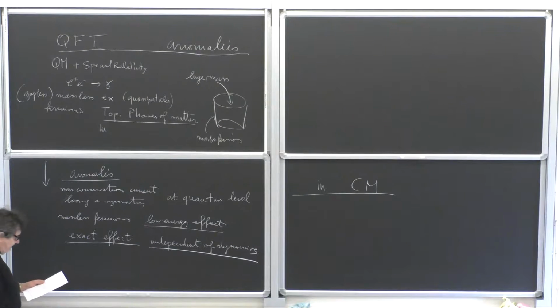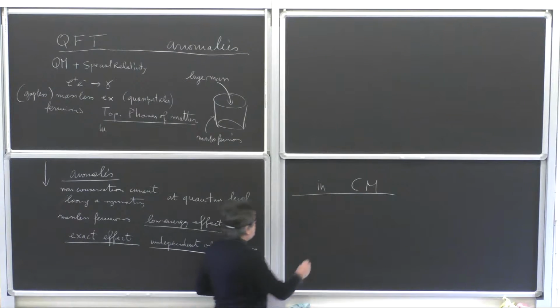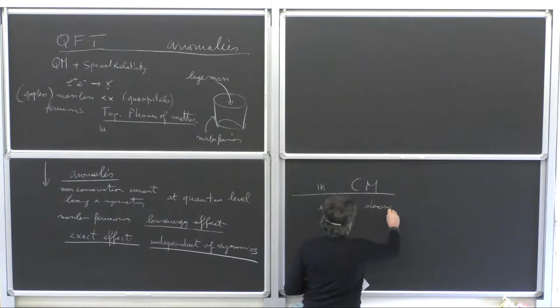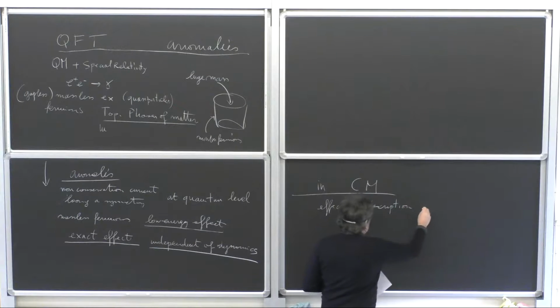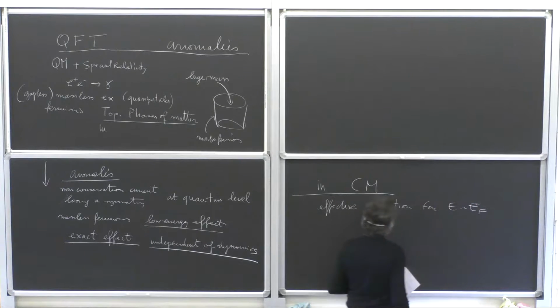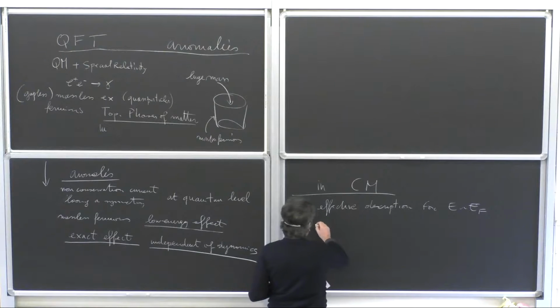In condensed matter theory, you have, as I said, an effective description for energy near the Fermi surface. Okay, effective description. This effective description, if you include in this the results of anomalies